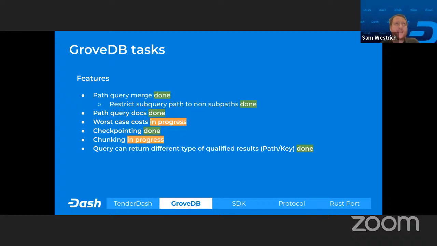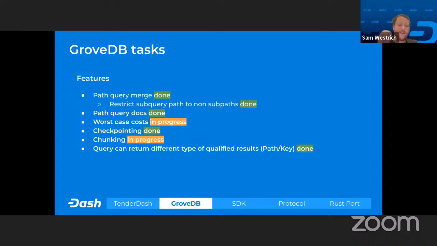Now, if you're only asking for one item, it doesn't really make sense to get back the key, because if you say, give me the thing at ID 14, you just want that thing back. You don't need 14 and then the element that you're getting back. So this just allows you to say, I don't care about getting the key back, and it's a little bit more efficient.